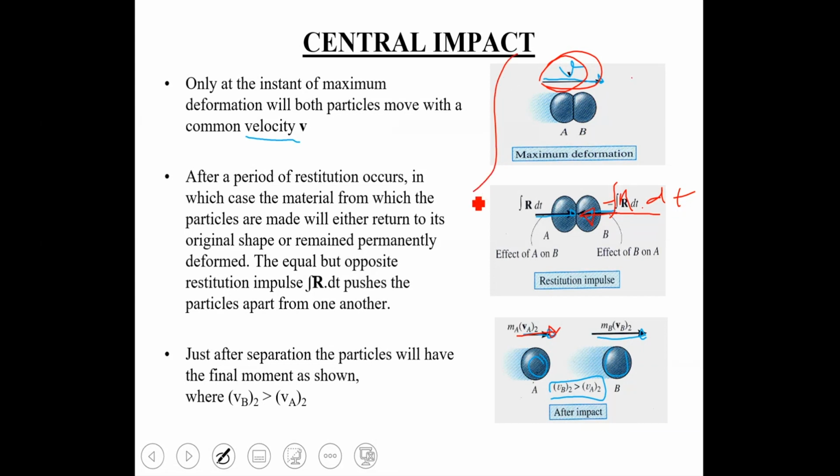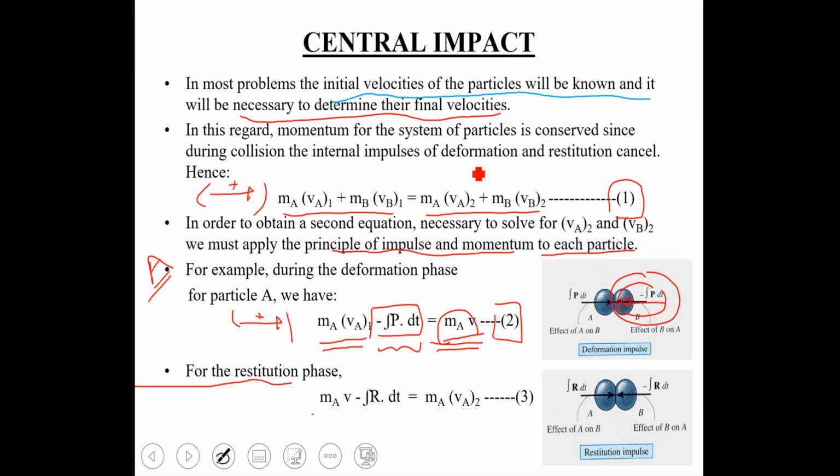So applying the principle of impulse and momentum on particle A now along the restitution phase, this was the initial momentum of this particle before the restitution phase. This is the impulse which particle B is exerting on particle A along the line of impact, and this is the final momentum of particle A after the restitution phase. So ये मैंने इक्वेशन नंबर 3 इसको नाम दे दिया।